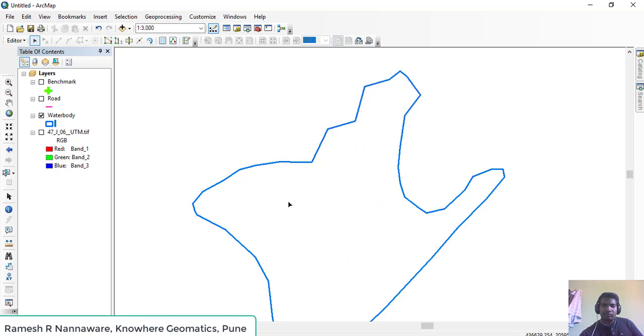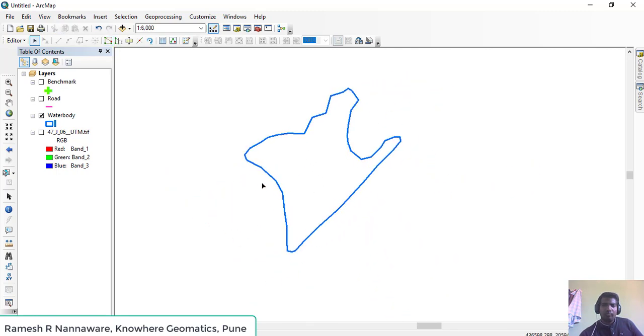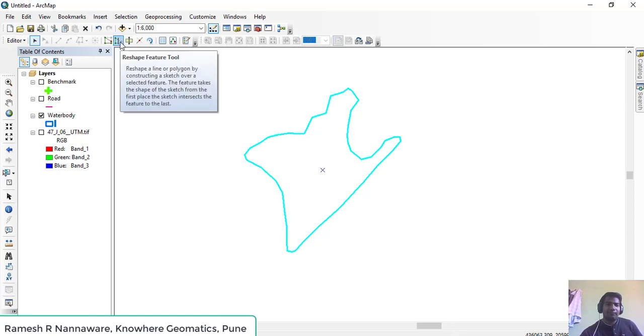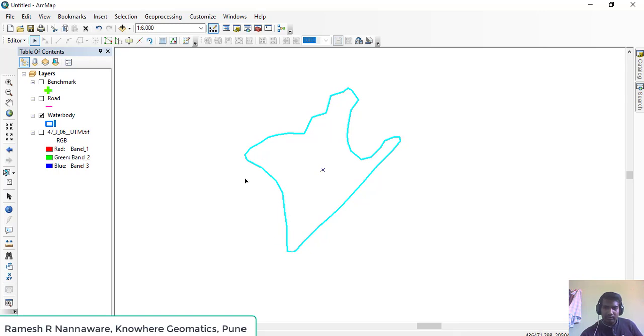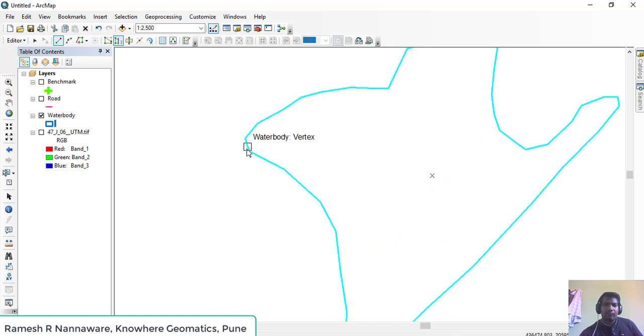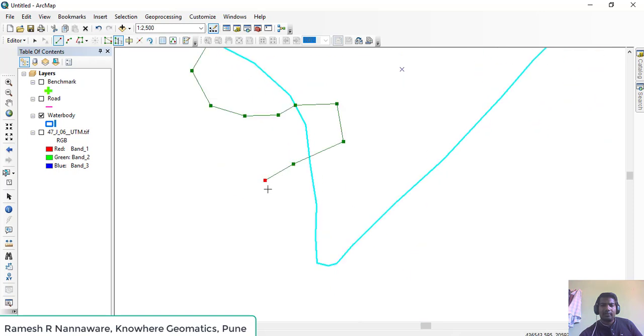Now suppose I want to modify the major portion of the polygon. At that time we'll use a different tool. It is called the reshape feature tool. Suppose I want to modify this major portion of the polygon. So I will take the reshape feature tool and from where I want to modify the polygon, I will simply start digitizing. I can also go into the polygon and again come out.